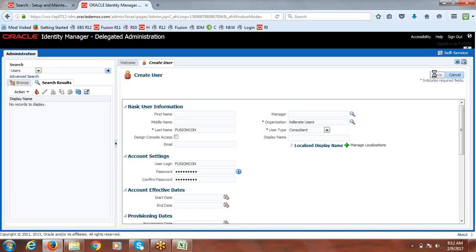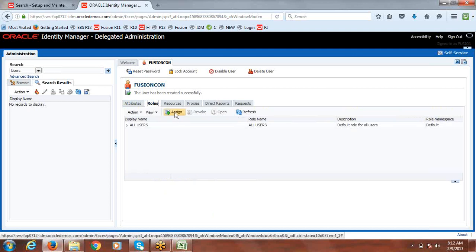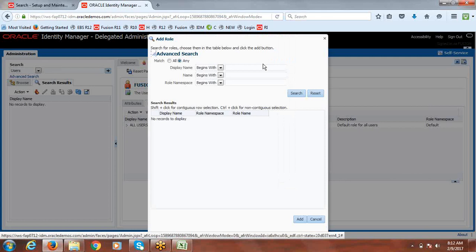Then click on save. Now assign consolidation ledger related roles to this user. That means we are going to allow this user to access the consolidation ledger. So you can search for consolidation ledger, say name Fusion UAE consolidation ledger.